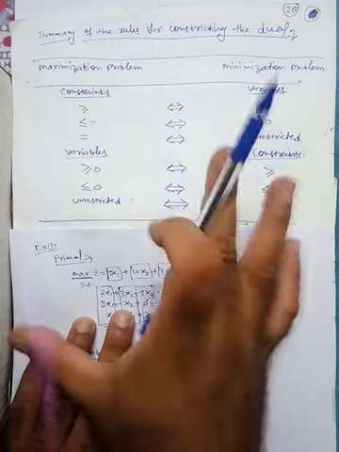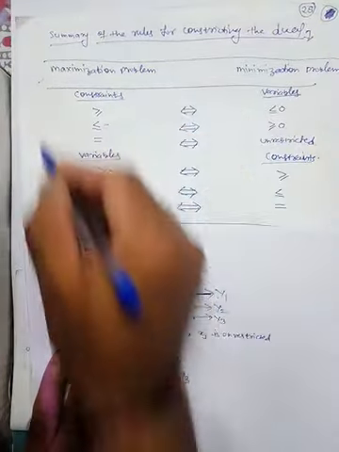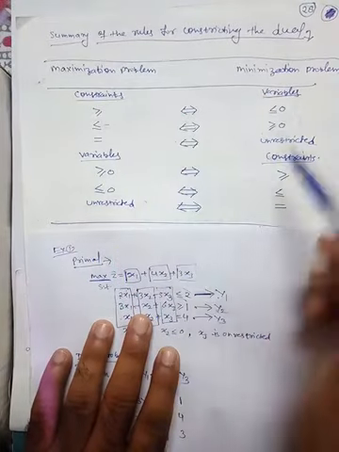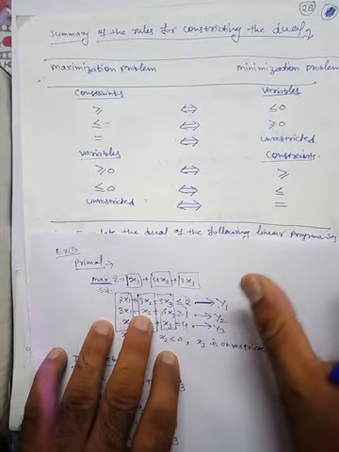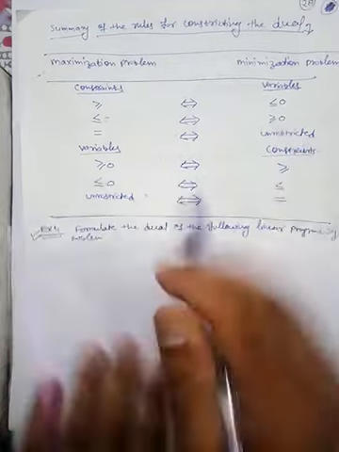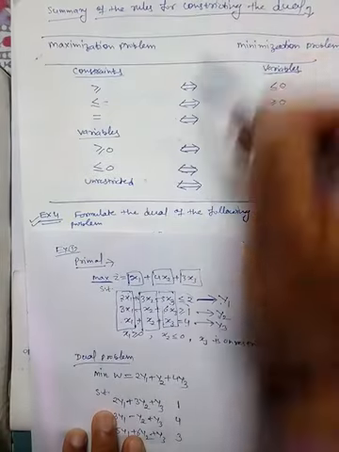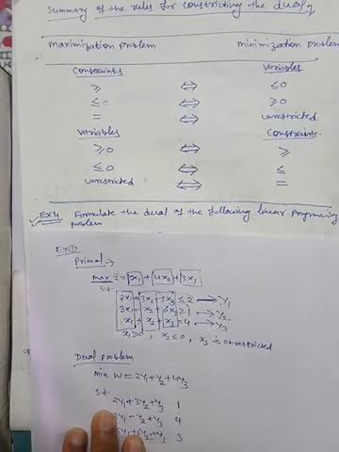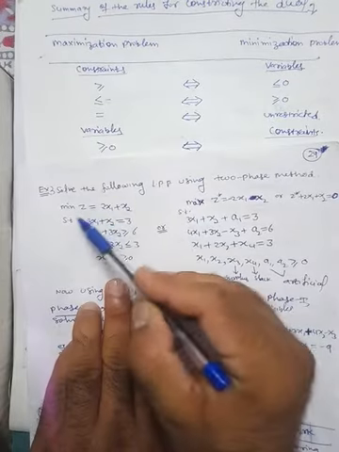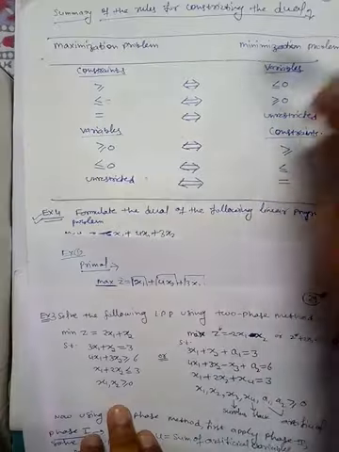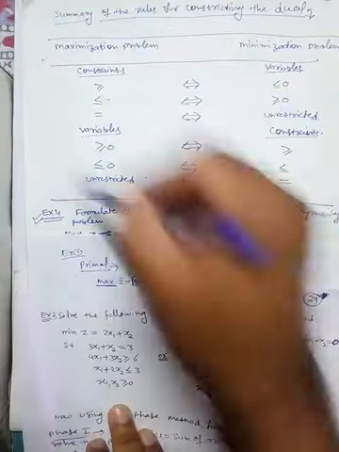Now remember this table. To remember this table is very easy. This table has two columns. One is the maximization problem. Another one is the minimization problem. If suppose your problem is, for example, here maximization, then this column becomes primal and this column becomes dual. But if suppose you have another problem, minimization, then in that case this becomes primal and this will become the dual. Okay, that's why this pair constitutes primal dual.